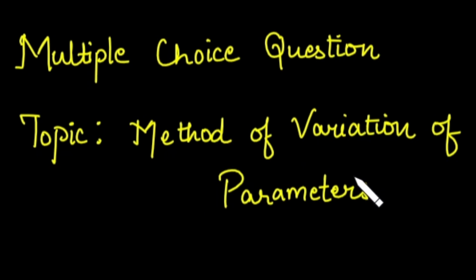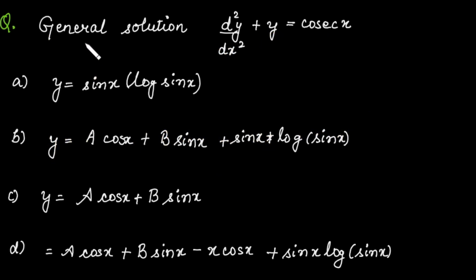Everyone, in this video we are going to practice multiple choice questions on the topic method of variation of parameter. Taking the first example, we need to find the general solution of this differential equation. You can check it. We cannot solve this differential equation without the help of method of variation of parameter because